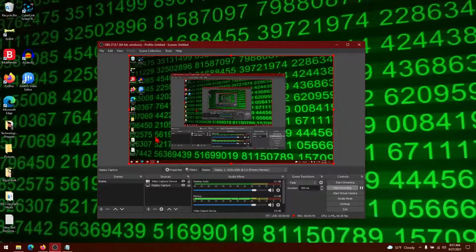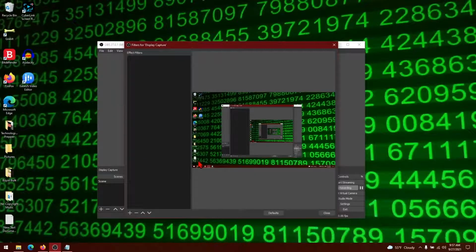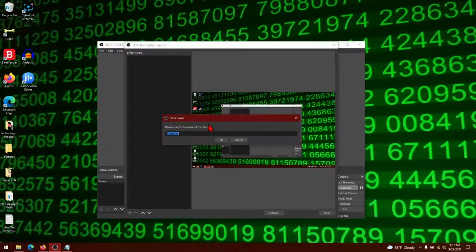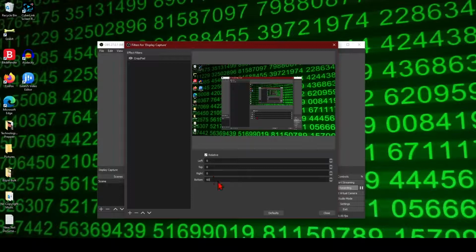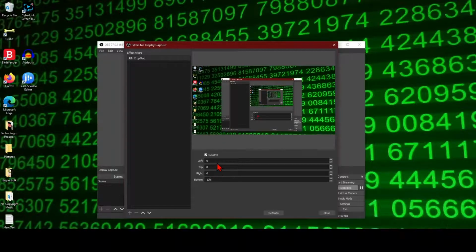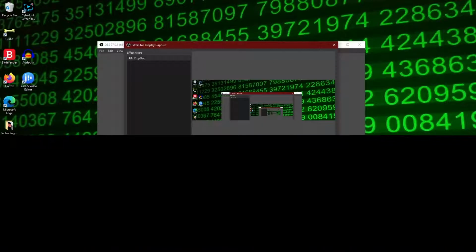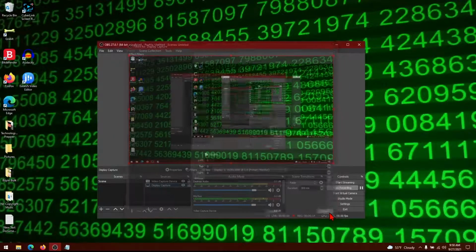To adjust how much the screen is seeing, we'll go ahead and go over that real quick. Go to filters, and then hit the little plus icon and hit crop/pad. And then you'll see that when I want to shave off a section of the screen, I can just type that in and you can see it will cut off a certain percentage of the screen there. If I type in 100, it'll do a lot more. Type in 500, it'll do a lot more. So that's pretty much the basics of it,